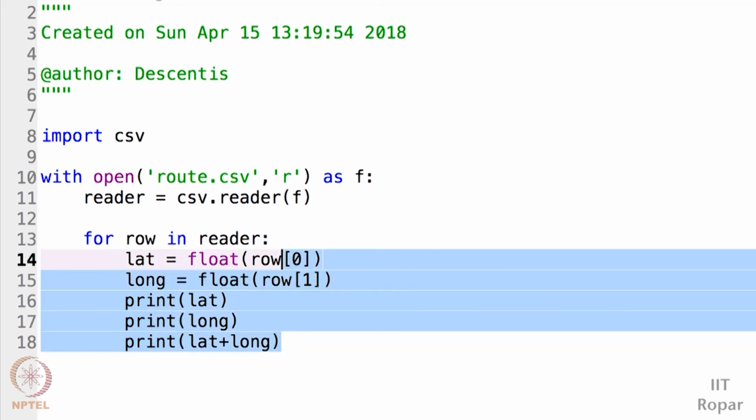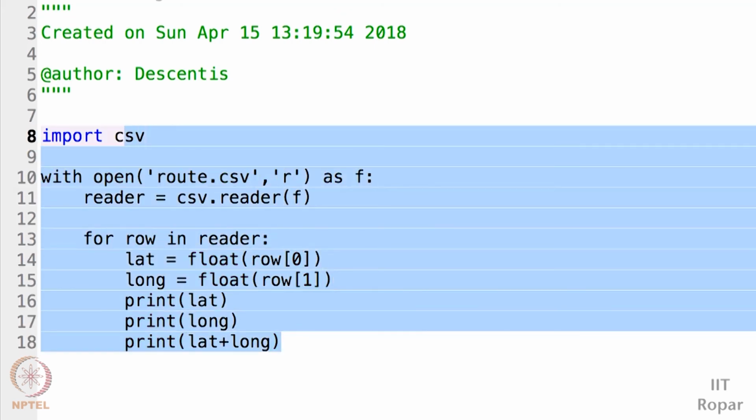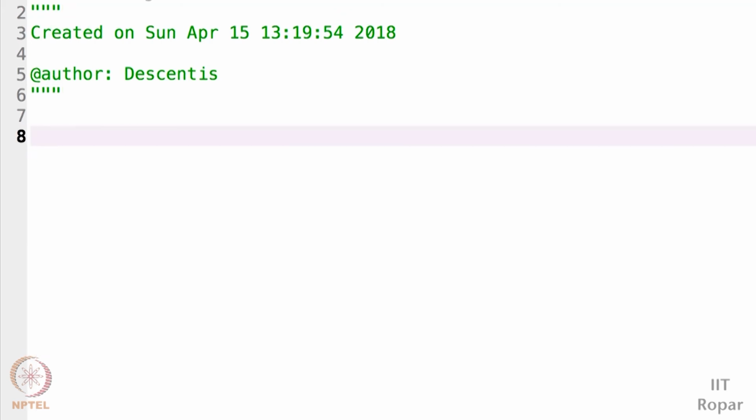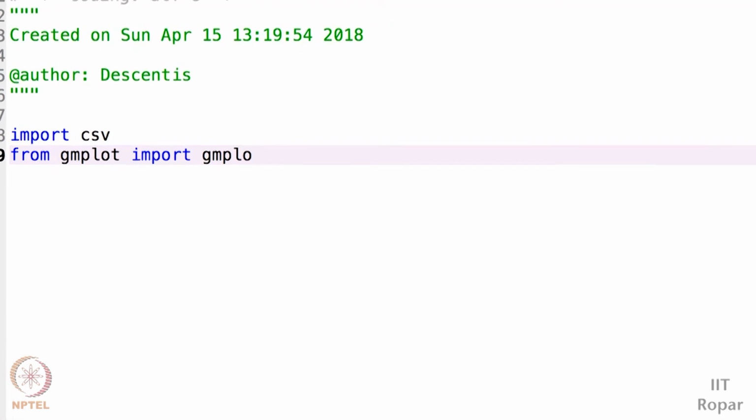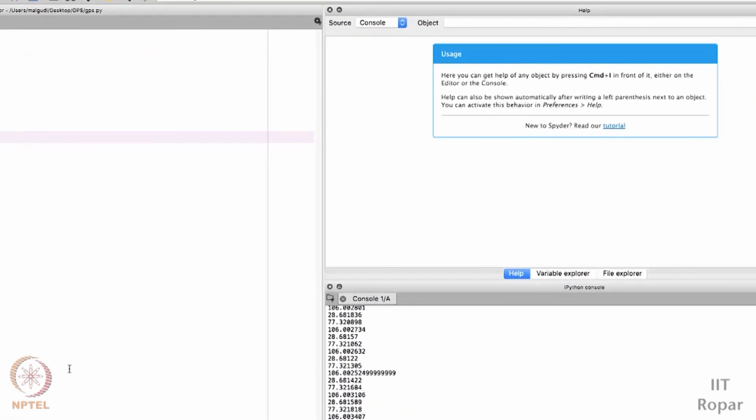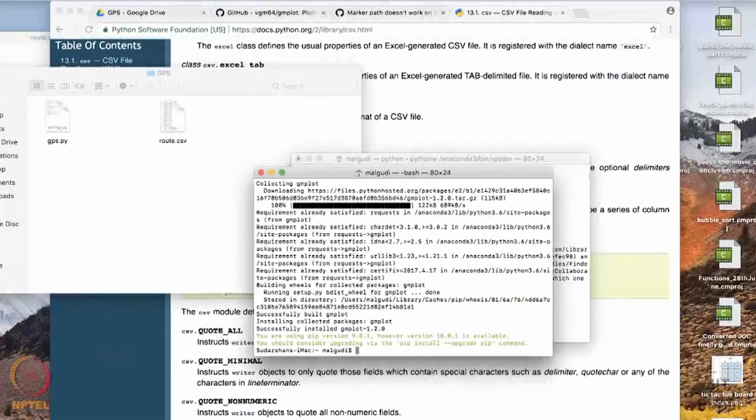Okay, great. Let me delete this. So I will import my CSV library, csv. Next, I will import gmplot: from gmplot import gmplot. Before I go any further, you can read more about gmplot.